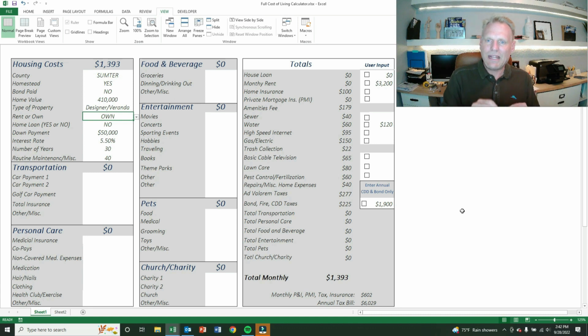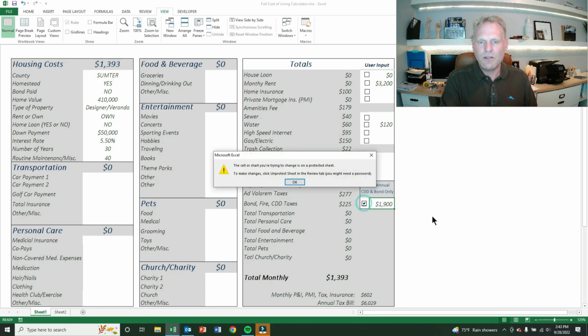And again, the most inaccurate number here is the bond. It is a looked up value. I do have a separate video on how to look up your taxes and your bond amount, your bond payment, as well as what's left as a principal on your bond. So if you're using this tool and you live in the villages and you know what your bond payment is annually, I put it right here, enter annual CDD and bond only. So say your bond is $1,400 and your CDD is $500, then you know annually on your tax bill, and you look this up in your tax bill, that you're paying $1,900, and you,